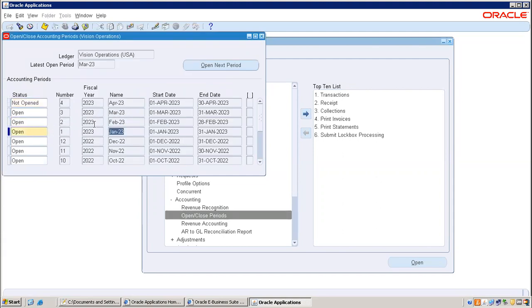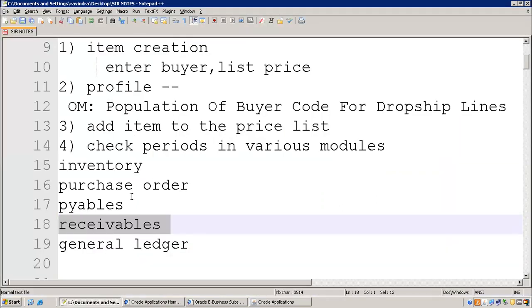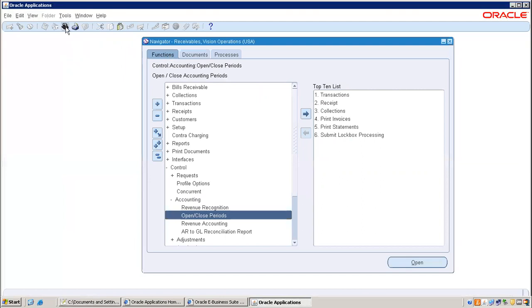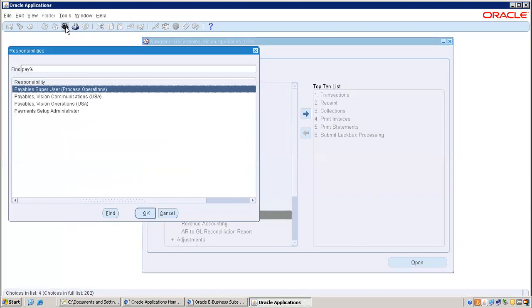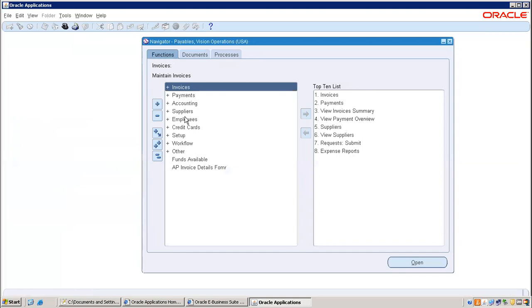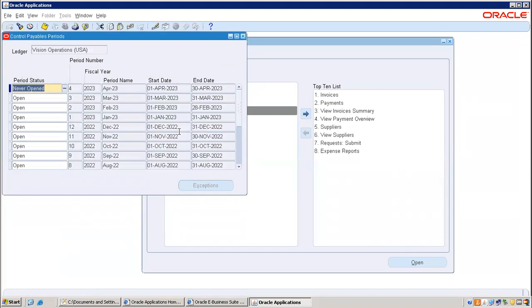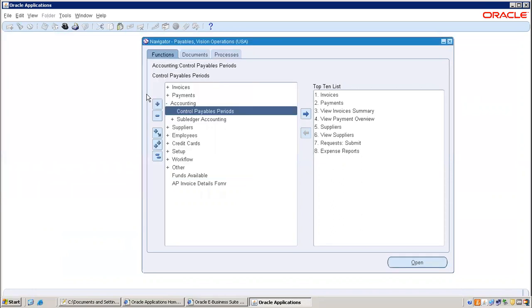Clear? Now next is payables. Go to payables. Here also it is the same: Accounting, Control, Payables Periods. You have to check here. January month is open.